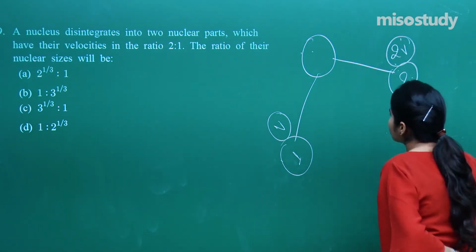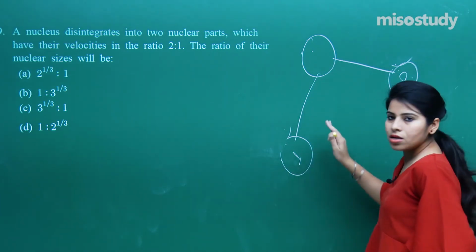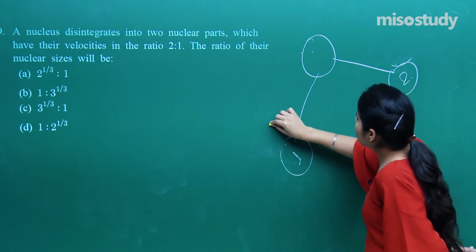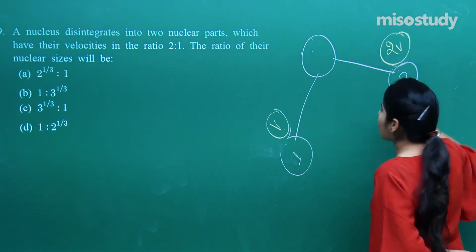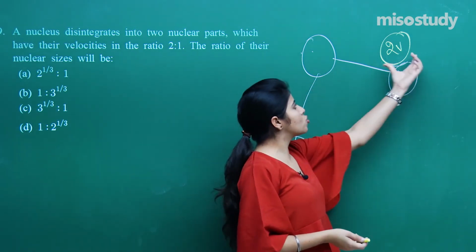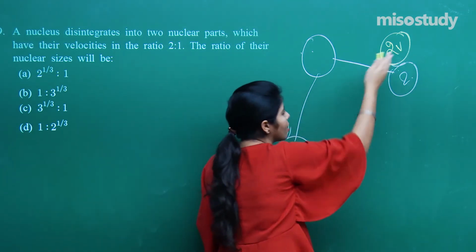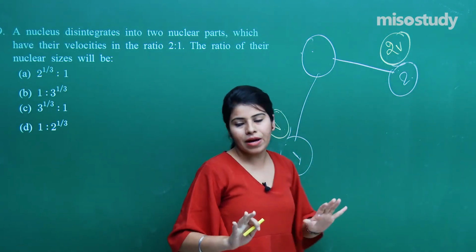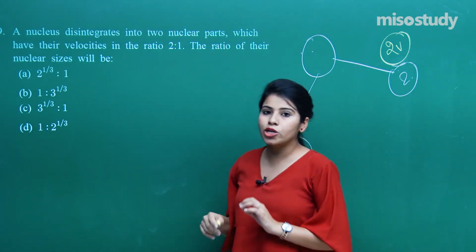Let me just mark it with another color. So this is 2 particles. One will be having v as its velocity, another will be having 2v as its velocity. It is not mandatory to write v and 2v at this place. You can just write 2V over here and V there. So that doesn't matter. Now we have to find out the ratio of their nuclear